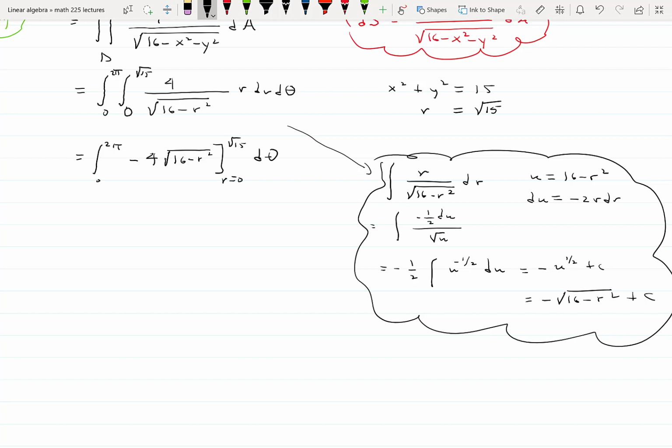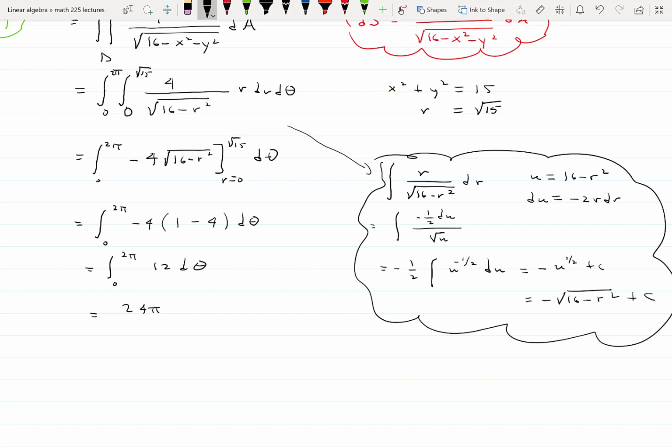When I substitute the square root of 15, I get 16 minus 15 is 1. When I substitute 0, I get the square root of 16, which is 4. So the integral from 0 to 2 pi, a super simple integral of 12 d theta, or 12 theta from 0 to 2 pi, or 24